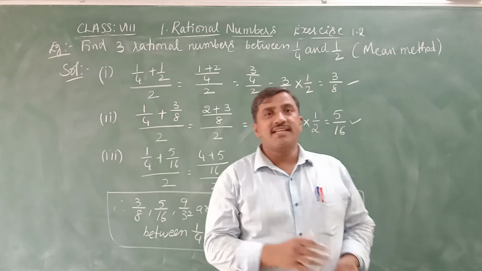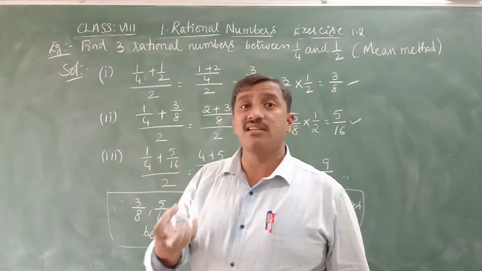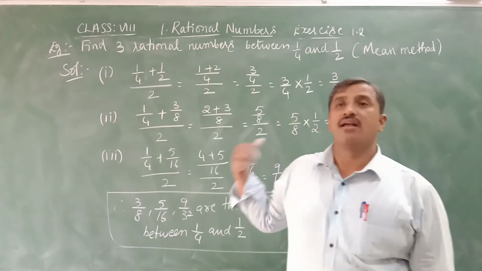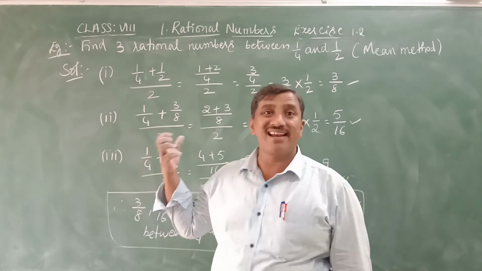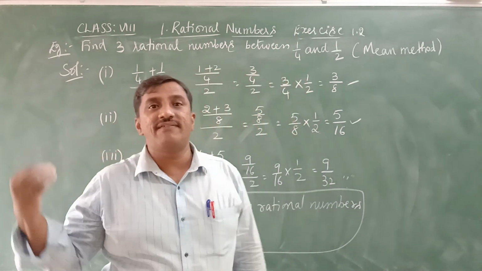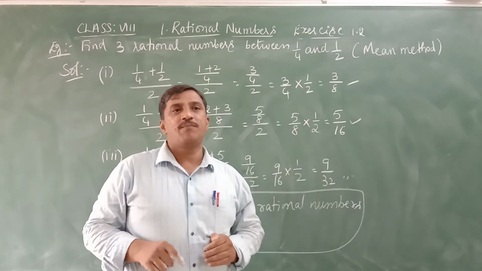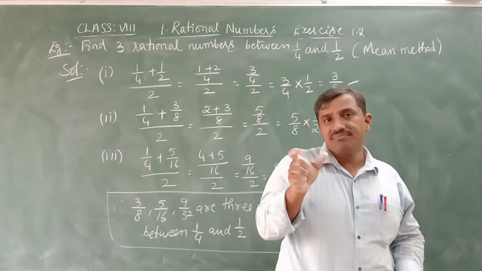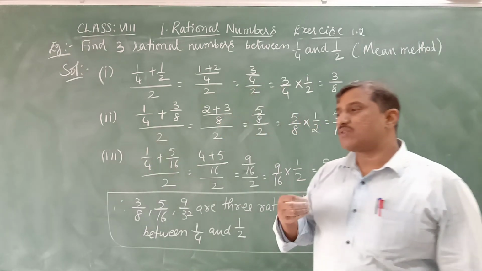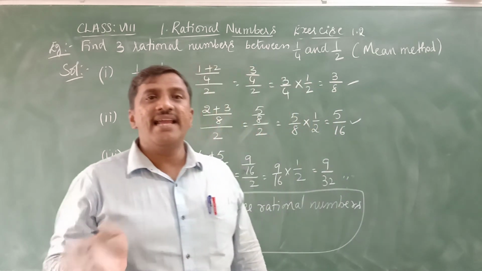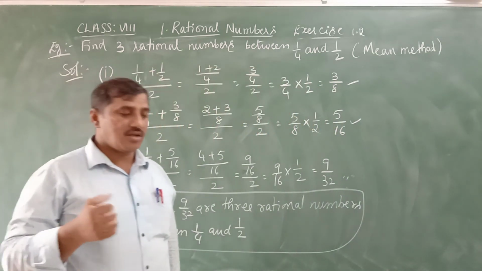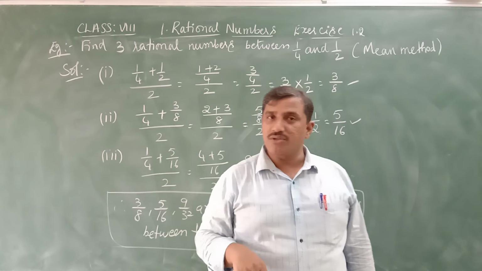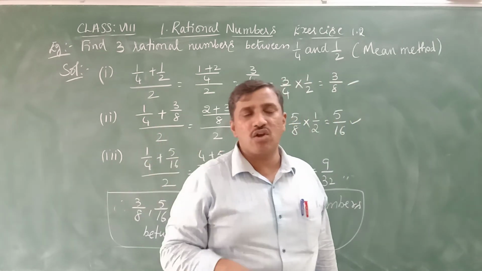Yes, now with this the chapter is completed, and let us recall what we have discussed in the chapter rational numbers. First we discussed the introduction of this chapter, that is what we have studied in class 7, rational numbers. What are rational numbers? What is the need to find rational numbers? Where we use these rational numbers? Standard form of rational number, lowest form or simplest form of rational number, ascending and descending order of rational numbers, that is comparison of rational numbers, and representation of rational numbers on the number line. We have studied in class 7, that we have covered in the introduction of this chapter.